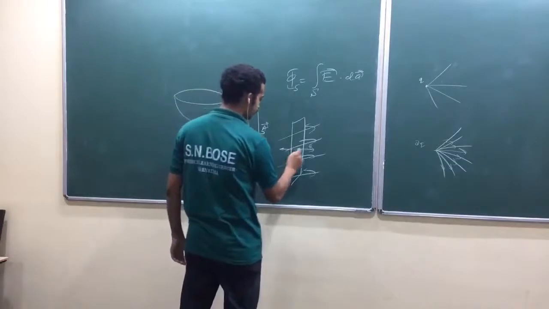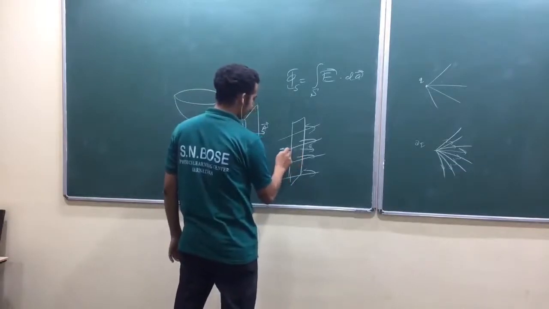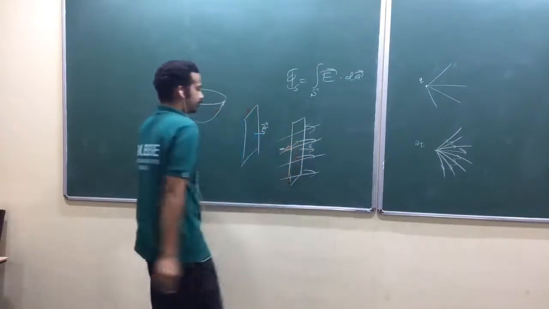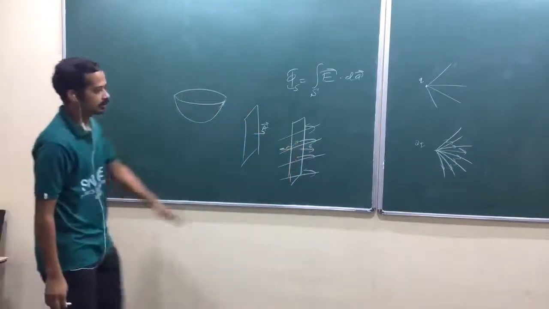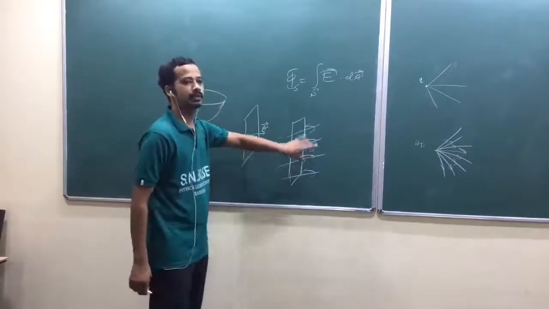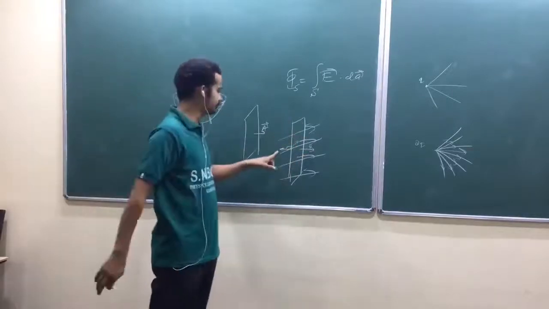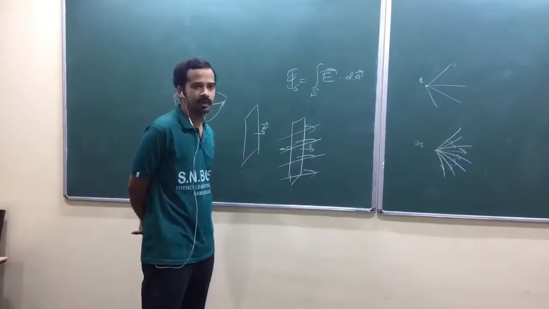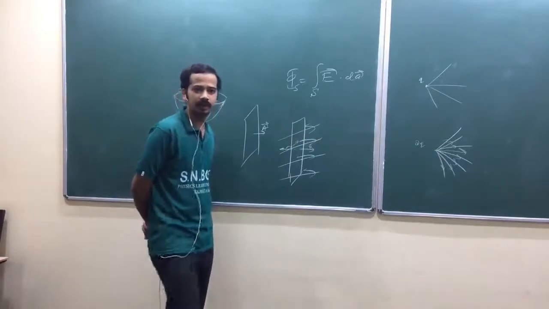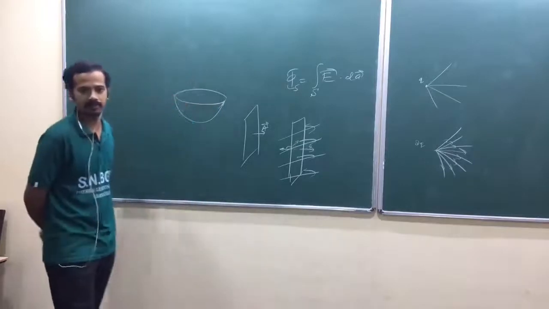So the electric field and this area vector have an obtuse angle, isn't it? This has got an acute angle. Then obviously, if you choose like this, you will get positive flux. If you choose like this, you will get negative flux. But it doesn't matter, isn't it? The number of field lines that we are trying to count doesn't matter actually.